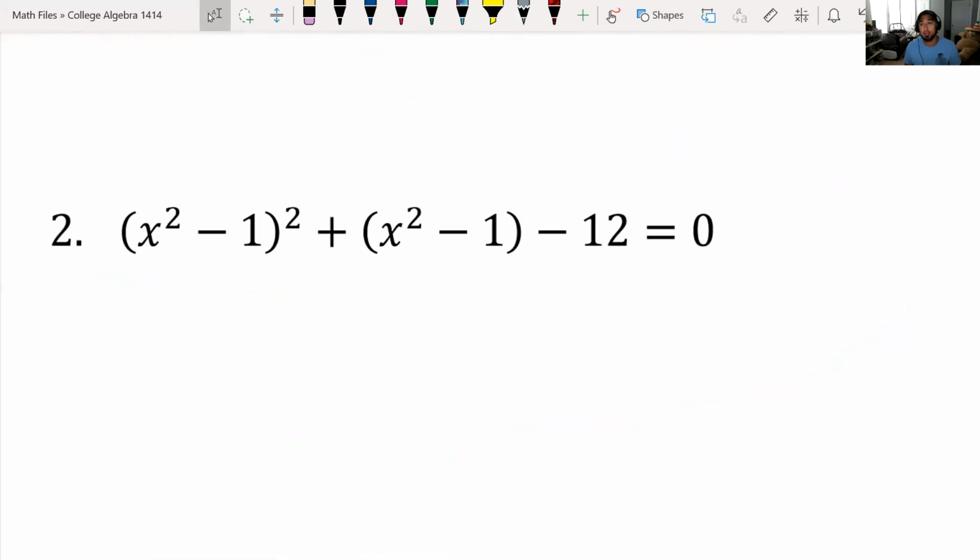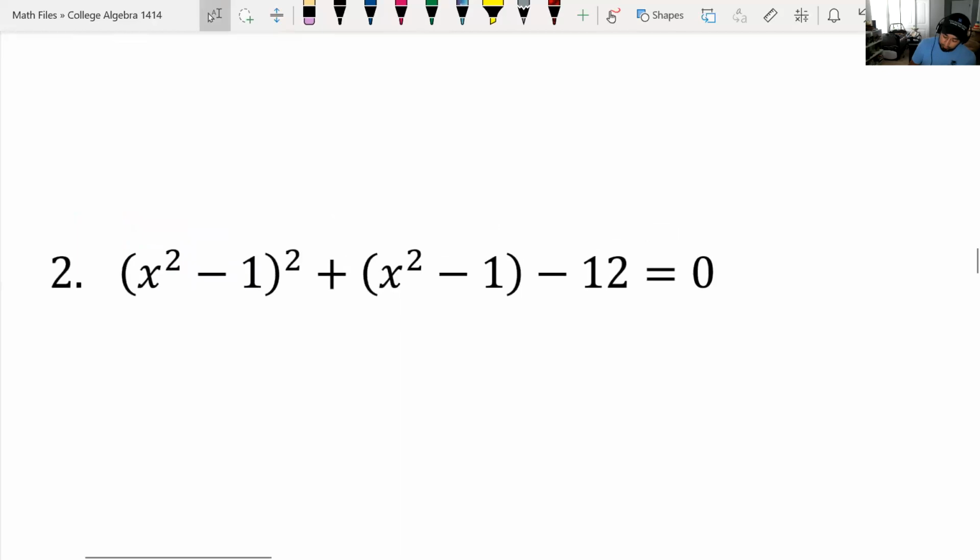Like this one, I would use U substitution on. There's 3 methods. Use U substitution, factor it as it is, or 3, FOIL and distribute everything out and then solve for x, which that number 3 is the really long method. So I just want to try U substitution again to get us familiar with it. And then I'll show the quick method. Okay. So